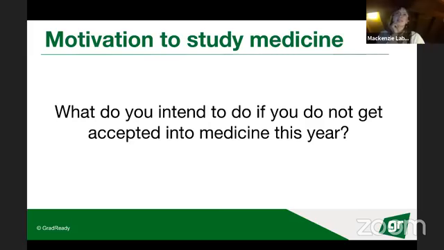I guess the big red flag not to say would probably be, don't say that you're not going to try to get into medicine again. Just don't say that. Because you need to show resilience as well. No one ever talks to you about this before you get into med, which I felt a little bit betrayed by. But once you do get in, there are a lot of medical students for not very many jobs. So the chances that you are going to get rejected from jobs and get rejected out of interviews and experience personal failure for things which are really important in the future is really, really high.